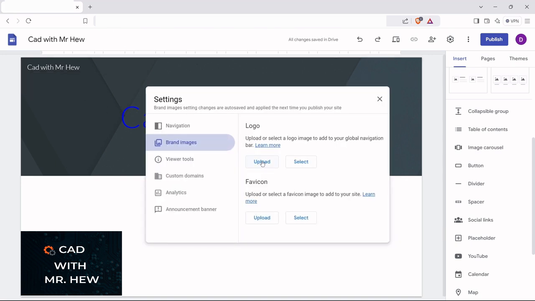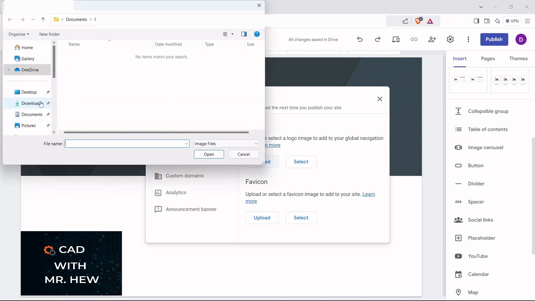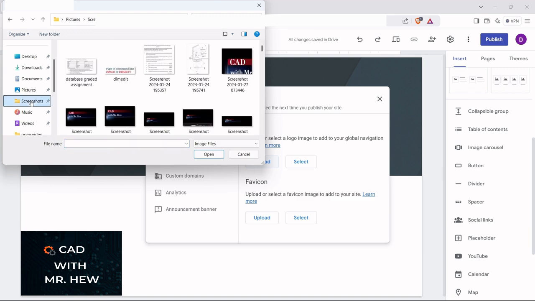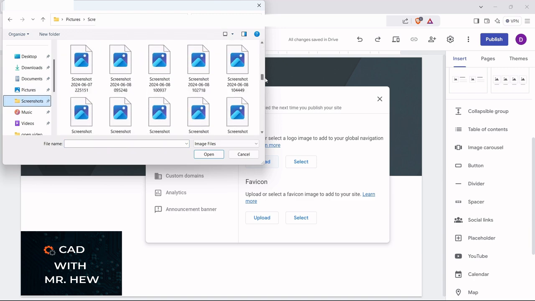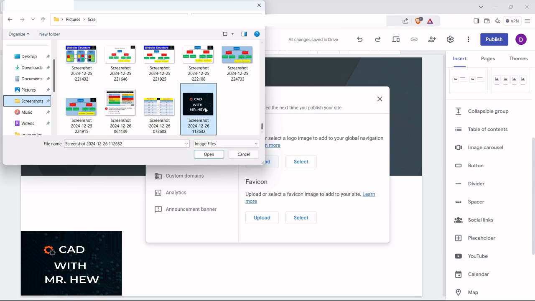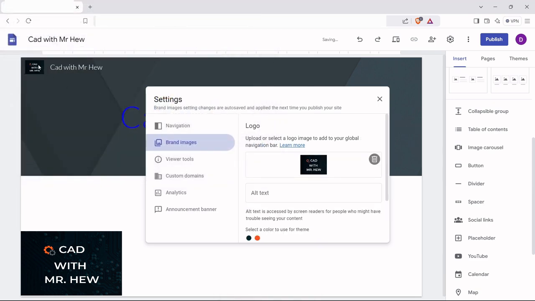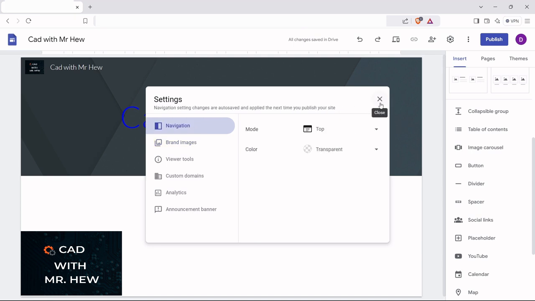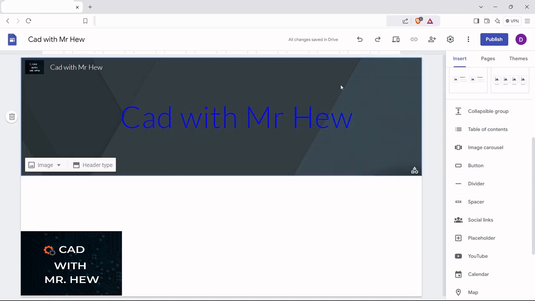So I'm going to click upload. Then I've saved my logo in this folder here. So I'm going to choose this right here. Click OK. And there is the CAD with Mr. Hugh logo. This is our header. Then the next thing we're going to do, we're going to add the navigation bar in the header